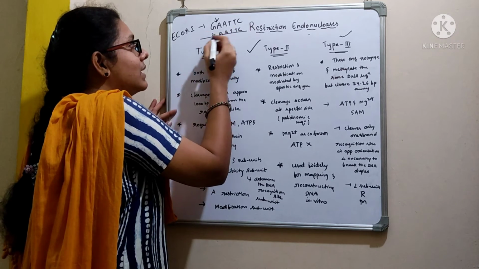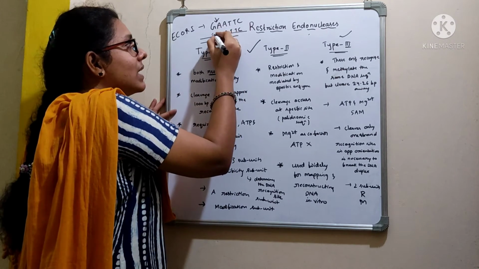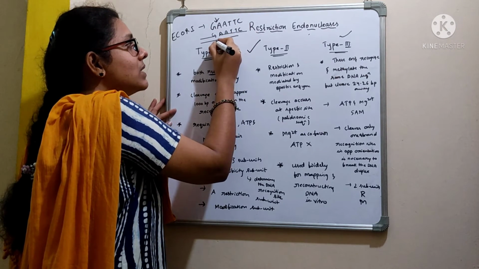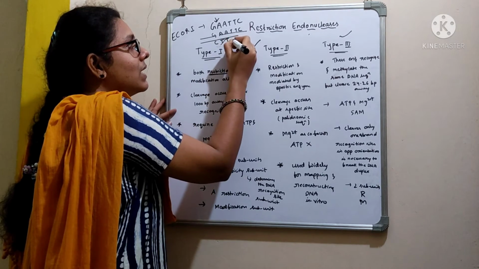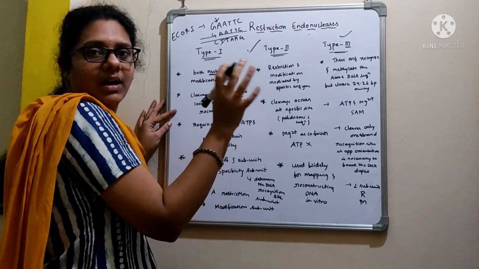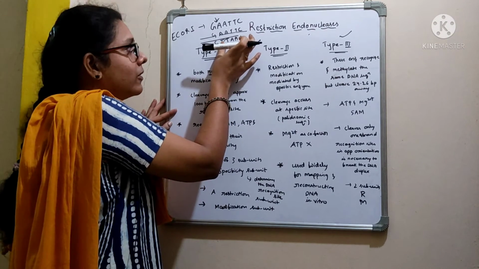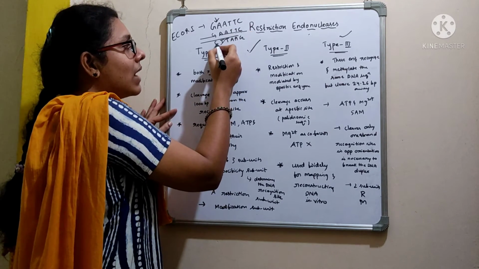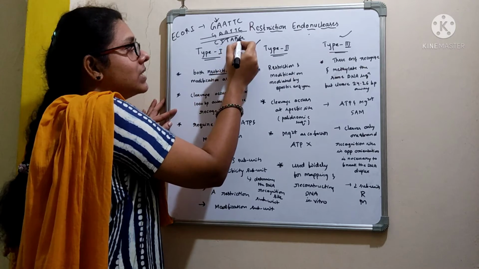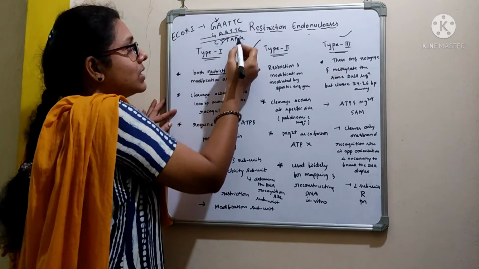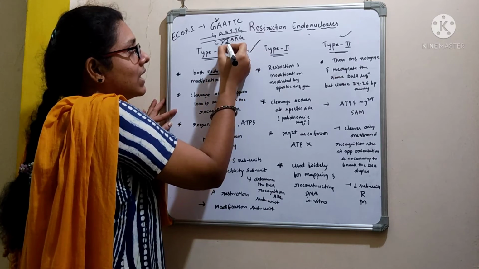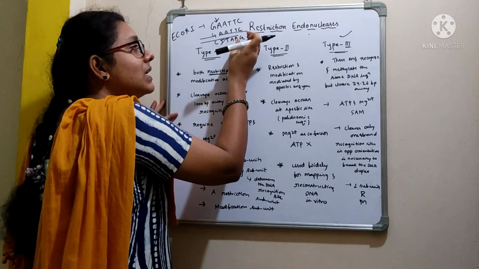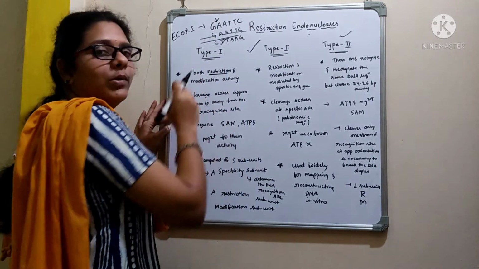See, for example, this is a double-stranded DNA. If one strand contains a sequence of GAATTC, the opposite strand will have a sequence of CTTAAG, right? Observe the picture carefully. Now read it in the opposite direction, and you will get the same sequence, that is GAATTC. We call them palindromic sequences, which means they give the same meaning when you read them in the opposite direction.